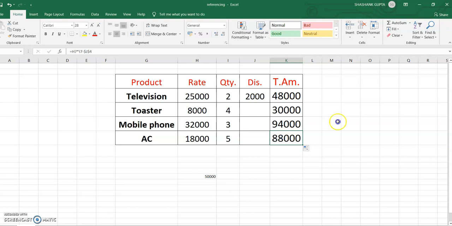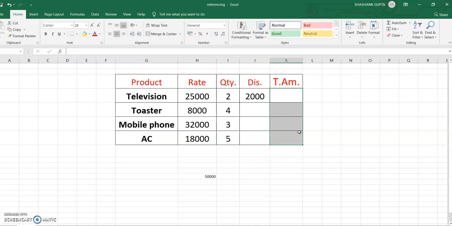Okay, now come to mixed referencing. What is mixed referencing? Mixed referencing is a combination of two things. The first one is relative referencing and the second one is absolute referencing. So in mixed referencing, one part of the cell address, like a column or row, is made absolute, while the other part is relative.